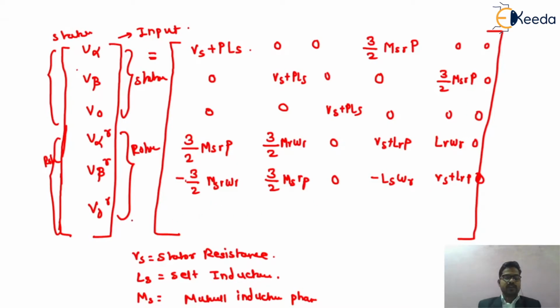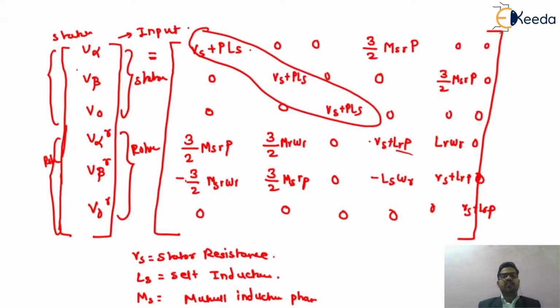Okay, 0 matrix. Similarly, for your zero sequence component in concern with your rotor circuit, it will give you 0 0 0 0 0, and the last term again will be diagonal, so the last term will be RS plus LR into P. This is for your stator circuit element, this is for your rotor circuit element. So this will give you the alpha, beta and zero sequence components, as we know,